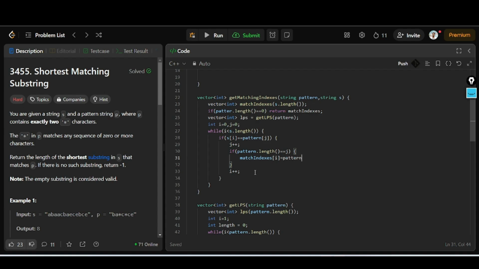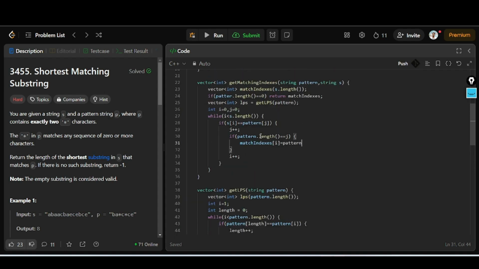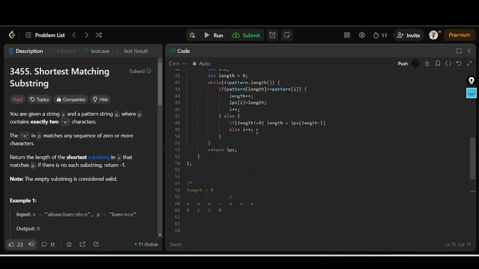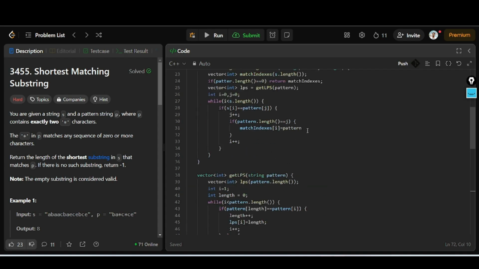The length of the pattern, because j has been exhausted, that means the entire pattern has been found in S. That means I need to update that point, similar to this point, to the pattern length. So that is going to be the update, pattern dot length,